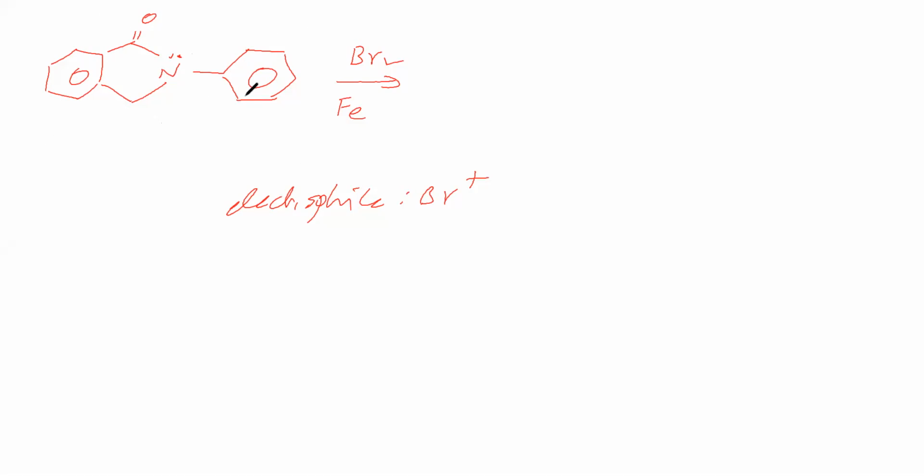Sir, in this phenyl ring, what position will it attack? It is an ortho para director, so ortho and para are there. It can attack either at ortho or at para. Which is major? Para, because at ortho steric hindrance is there. Therefore, it is attacking the para position, and the para position is the major product. So we got electrophilic substitution at the para position.